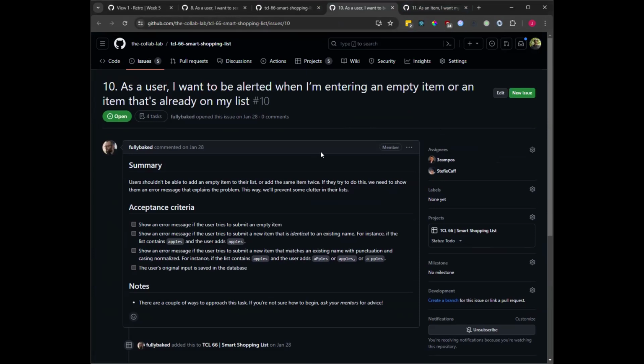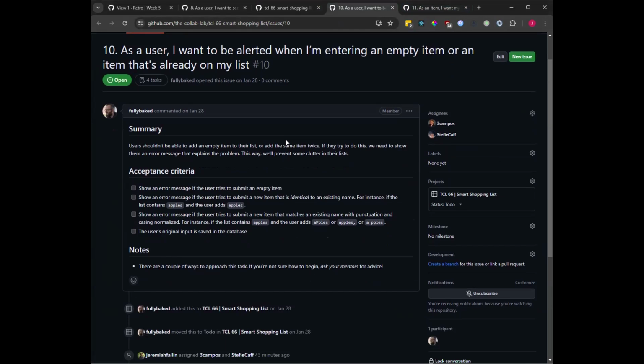As a user, I want to be alerted when I'm entering an empty item or an item that's already on my list. So users shouldn't be able to add empty items to the list or the same item twice. If they try to do this, we need to show an error message that explains the problem. So that way lists aren't cluttered with repeated items and things with spaces or not spaces and things that